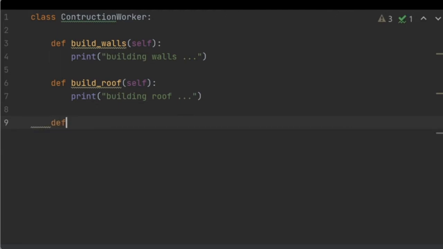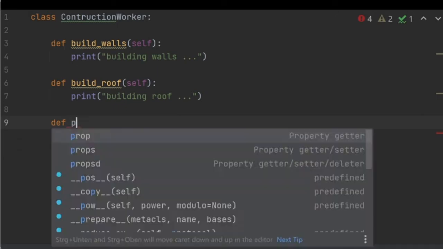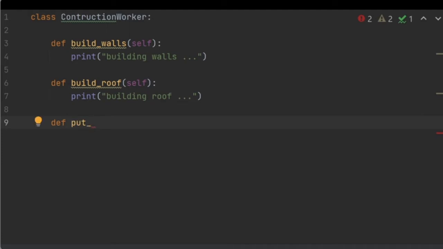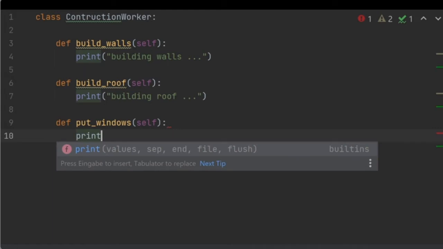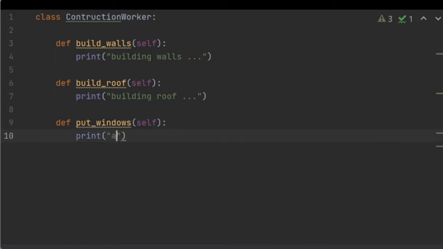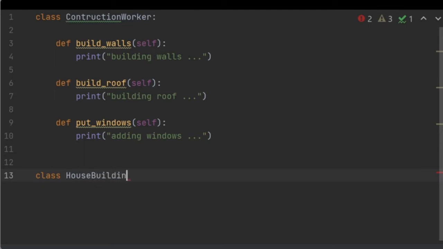Okay, another one. Put, I don't know, window. Put windows, I don't know, print adding windows, for example. Okay, I will just put these three methods. Okay, now I will create the class house building project. Okay,